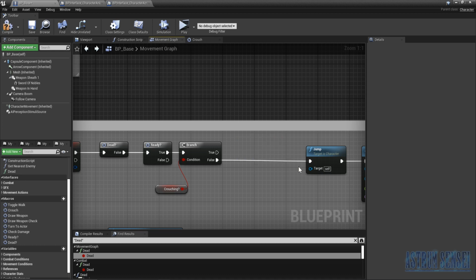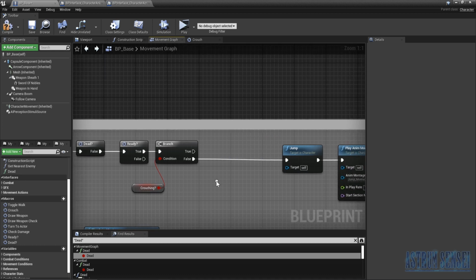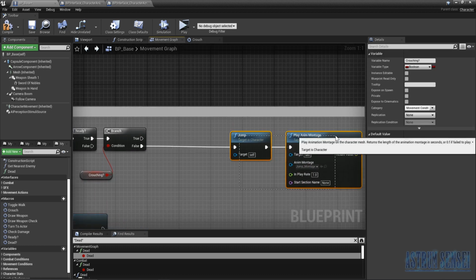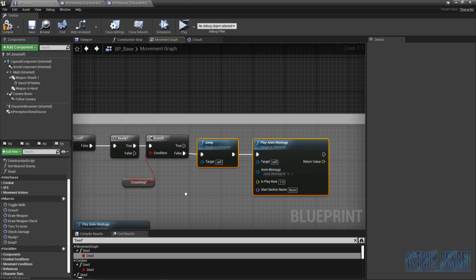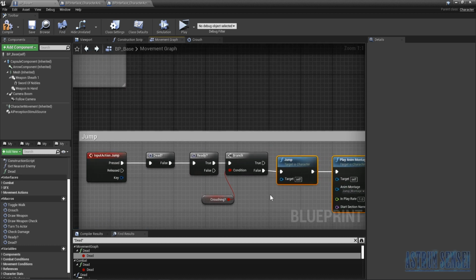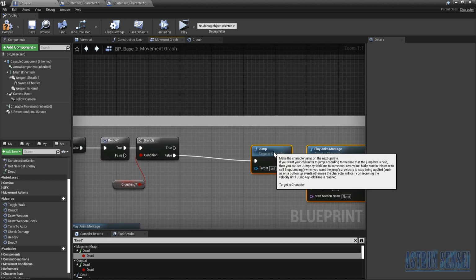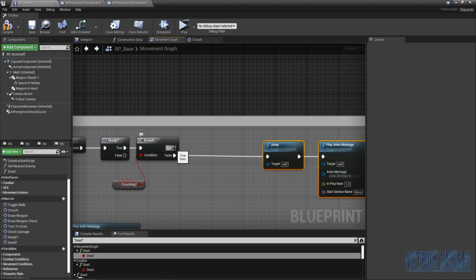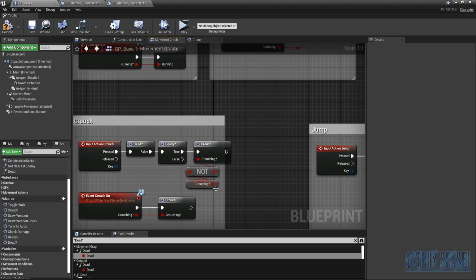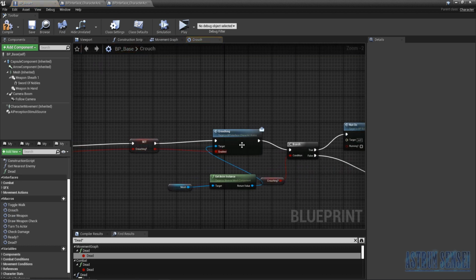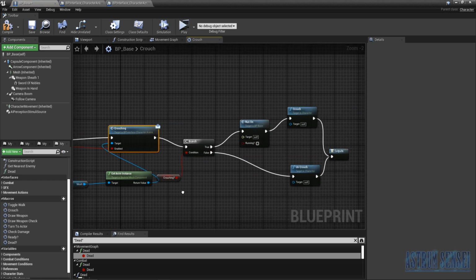And we are also not gonna need this one. Yeah, we're just gonna not jump when we are crouching. Or if we jump while crouching, then we uncrouch, but I honestly can't remember how to do that. I know, very simple, but I can't remember. So over here we have